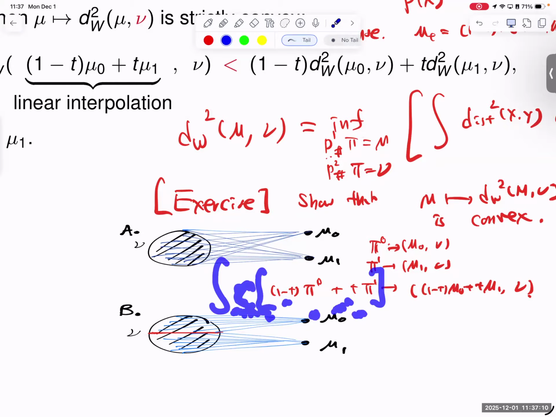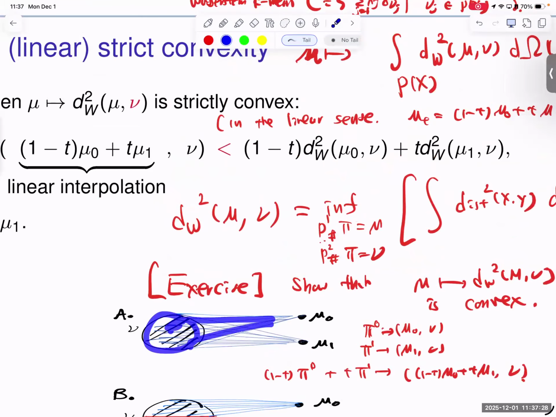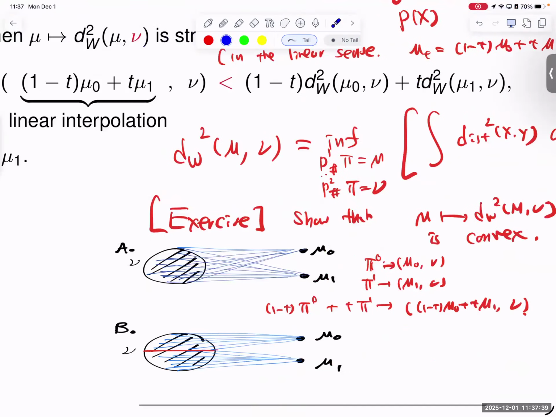But this cost is bigger than or equal to the optimal transport cost between this and that. Making sense? That's the reason. But actually, the optimal transport is like this. If you do optimal transport,